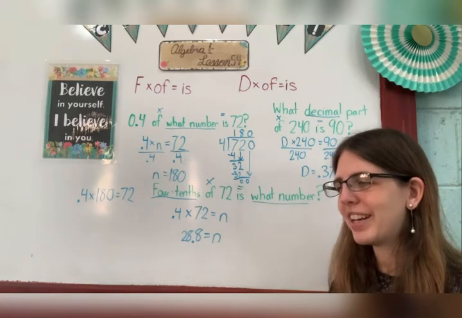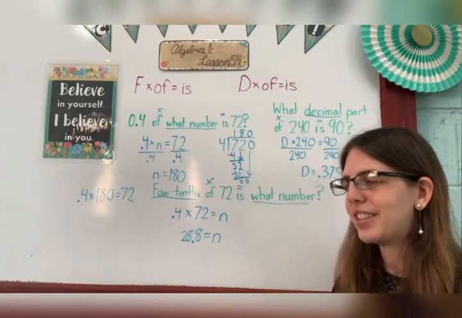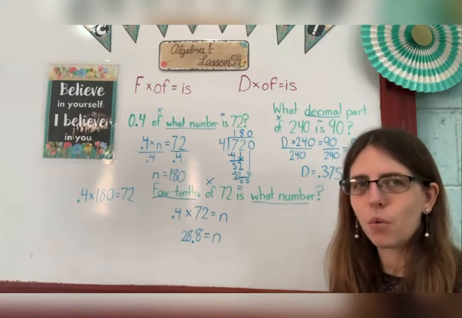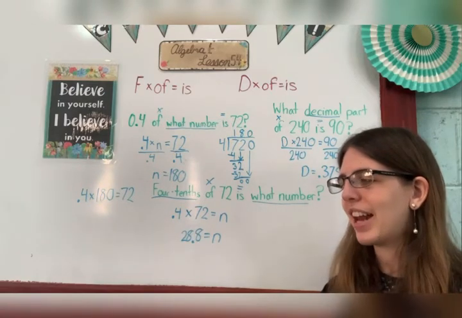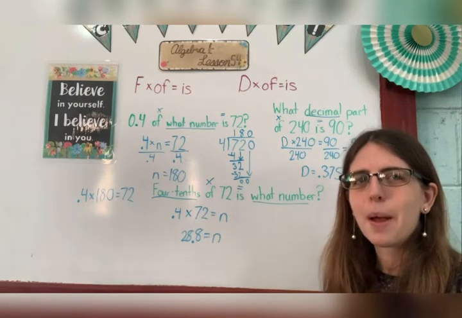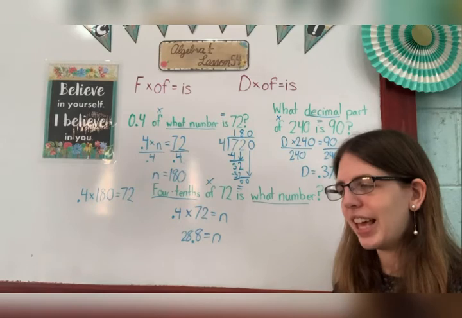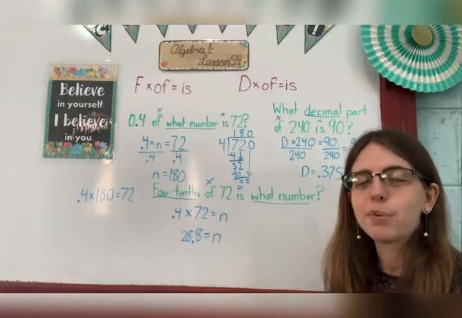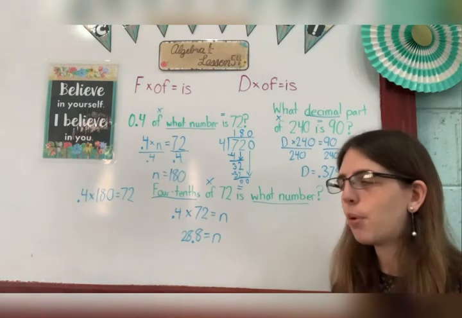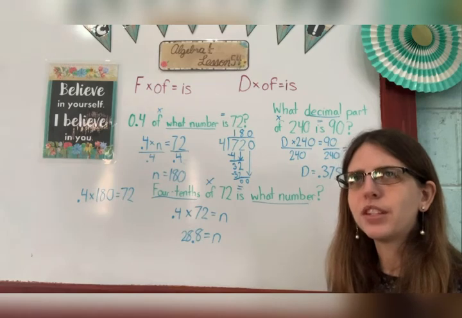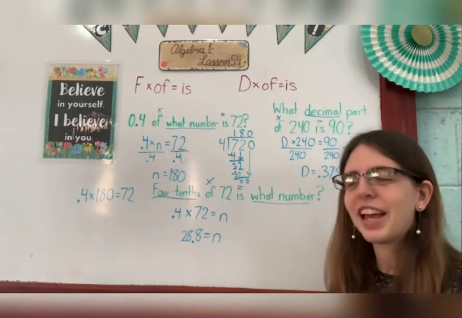All right, you should be back now with letters A, B, and C done. A says 0.7 of what number is 0.14. So that was 0.7 times N equals 0.14. And that is 0.2. Letter B, 7/100 of 86 is what number? So you should have had 0.07 times 86 equals N, so that gives you